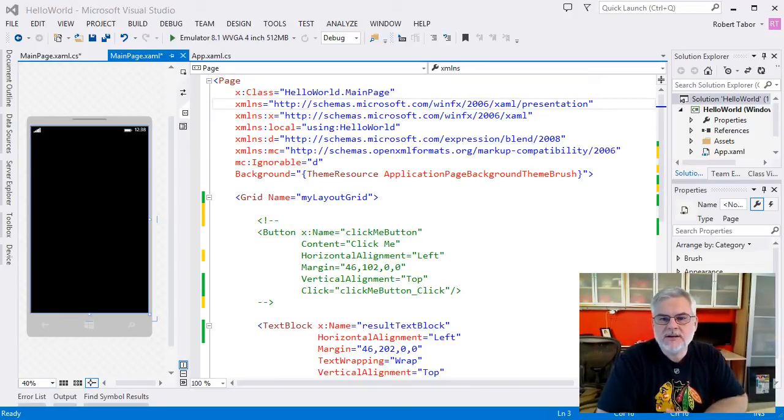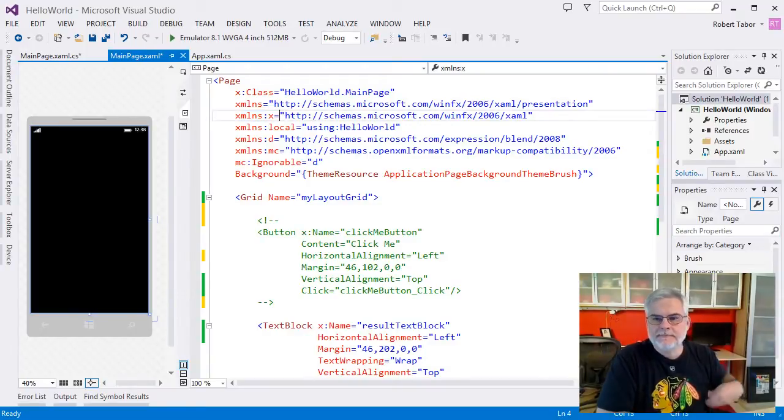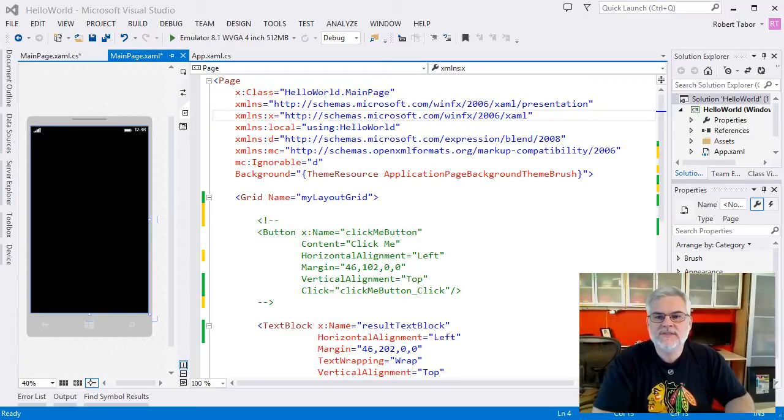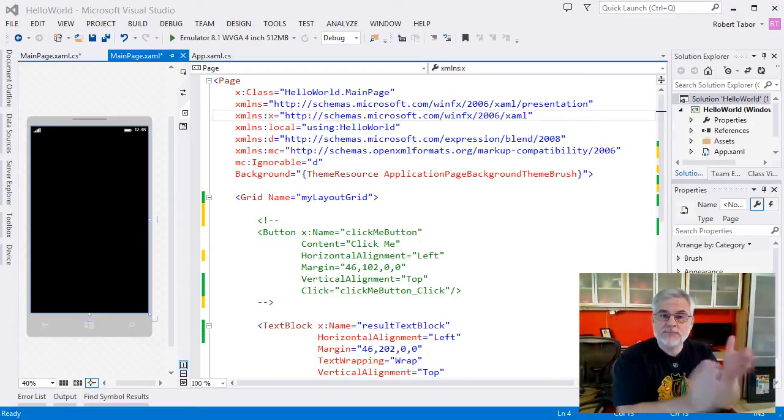So just to be clear, for example, the XML namespace colon X is the namespace that's associated with that specific schema. Each element and attribute in the rest of the MainPage.xaml must adhere to at least one of these schemas. Otherwise, the document is said to be invalid. In other words, if there's an element or an attribute that's expressed in this XAML that's not defined in one